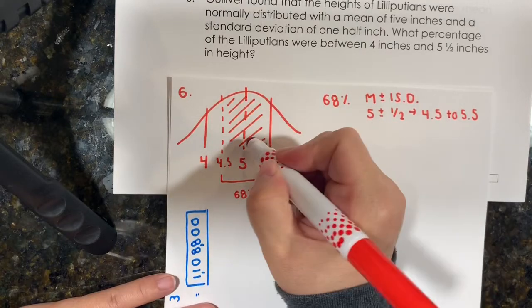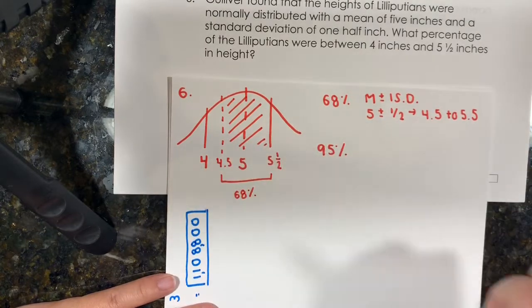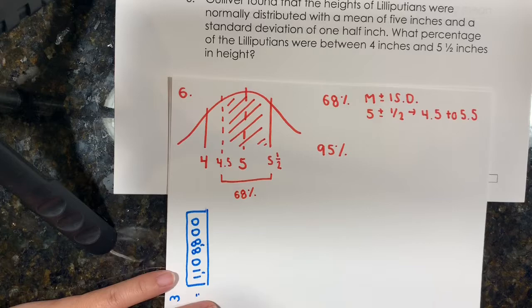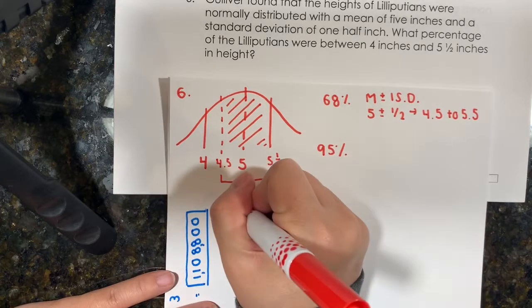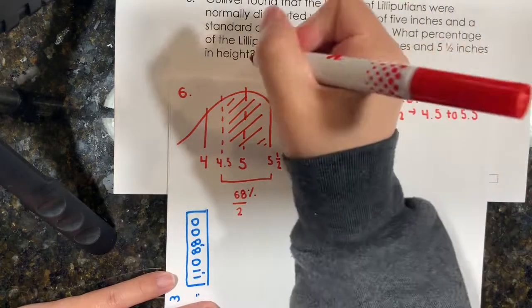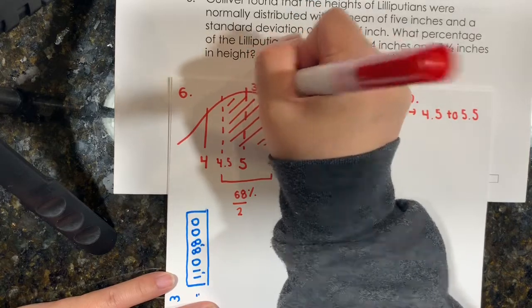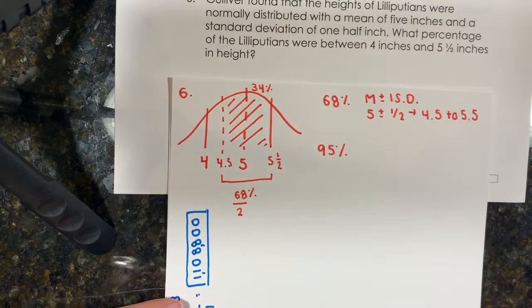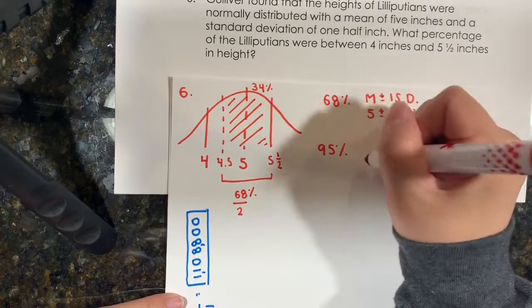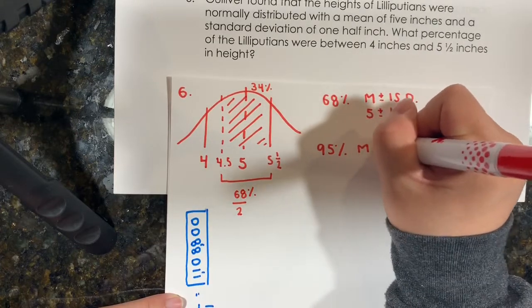But I only want to know the percentage between 5 and 5½, which means that that would be half of this. So this percentage over here is going to be 34%, just from 5 to 5½. Now, if I do 95%, it's going to be the mean plus or minus